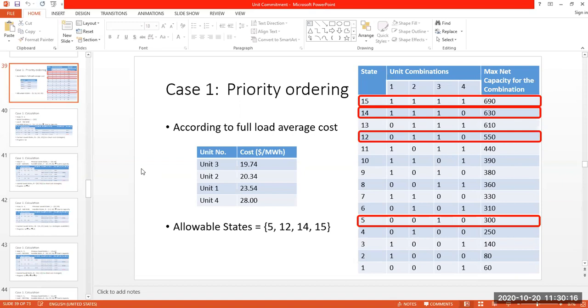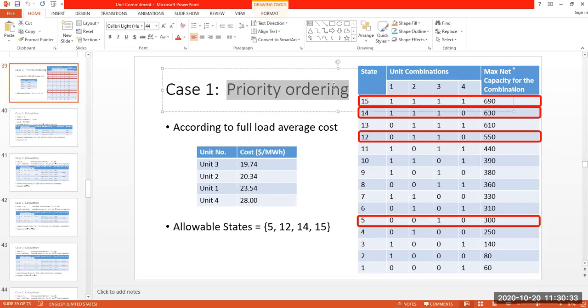So now let us see in this case, to start with, which are the allowable states. I'm not talking about feasible state, I'm talking about allowable state. What is the allowable state here? The allowable state here is based on the priority ordering. Remember, in the priority ordering, what was said? We said that